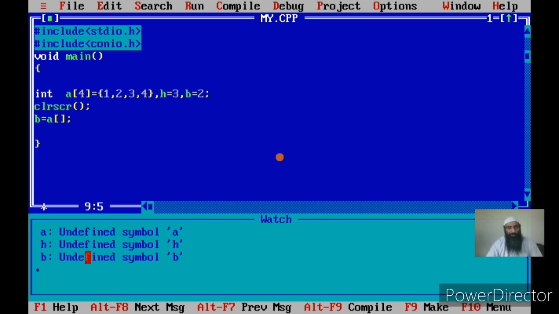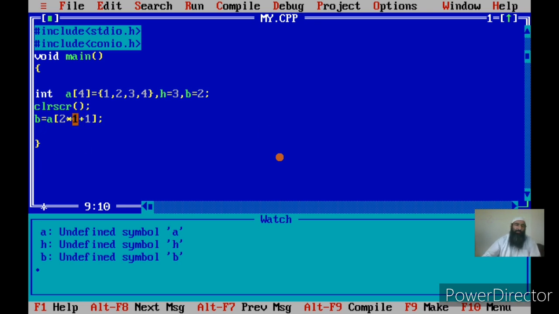Okay, so to refer to a particular element, suppose I say 2 into 1 plus 3, equally I can use a variable. Now this is the expression. Finally, whatever value is calculated here, I can take 1, because otherwise I'll be referring to an element which is not present in the array.